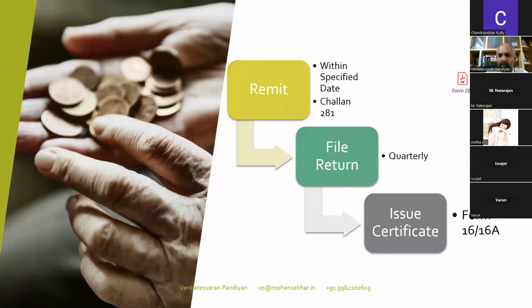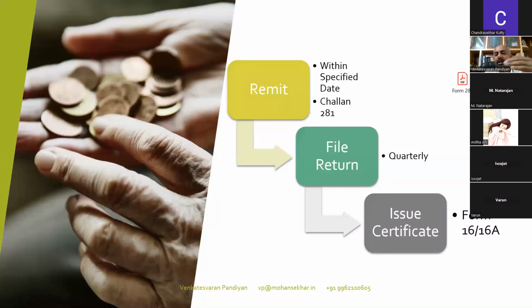So, as and when I make a payment or credit, I have deducted TDS. Then what next? You are required to remit this amount to the government. One thing we'll have to remember is that whatever tax we have collected or deducted pertains to the government. So we are not supposed to hold the money of the government. We will have to remit it into the account within a specified date. What is the specified date?